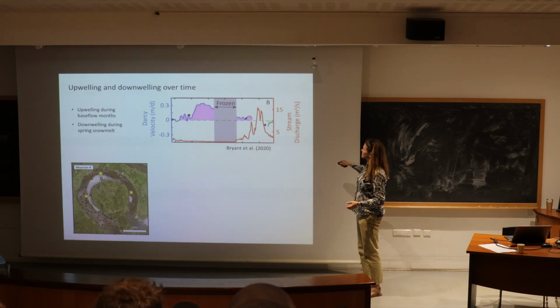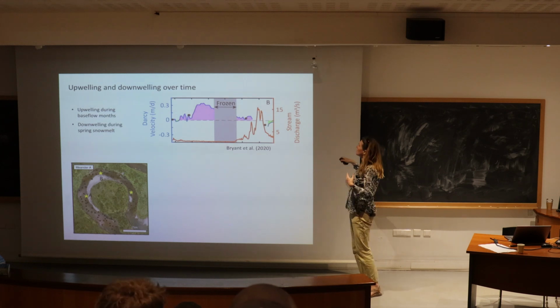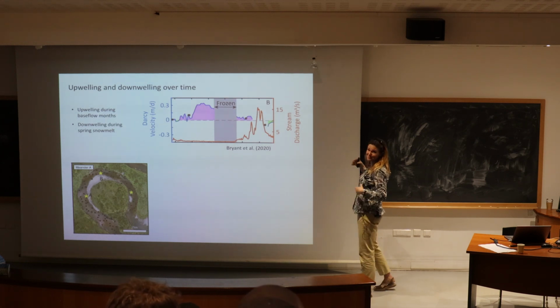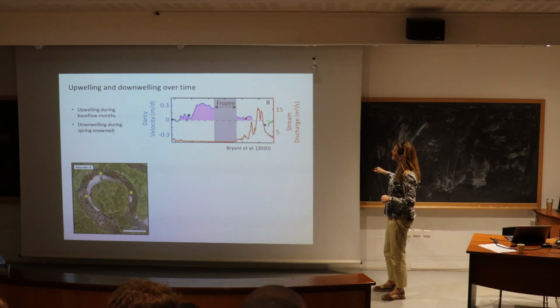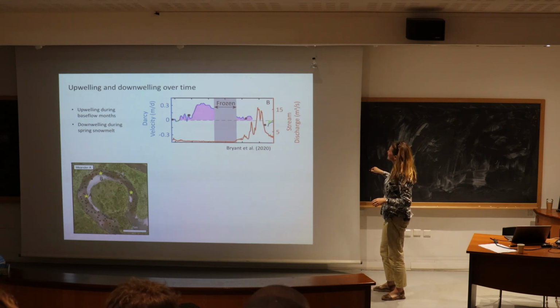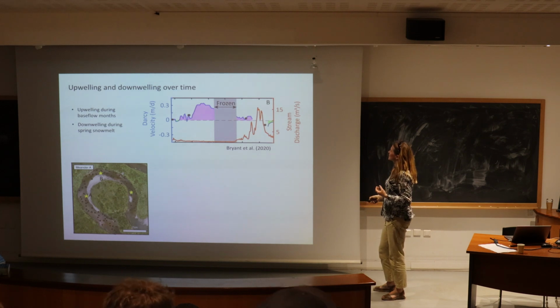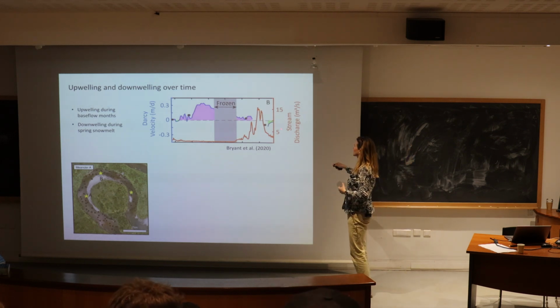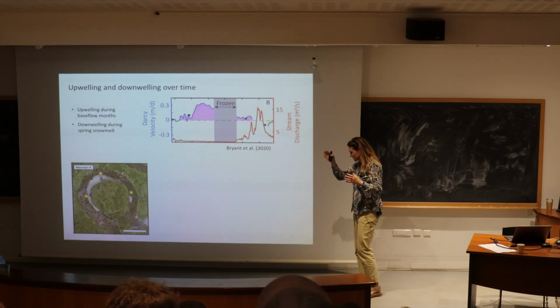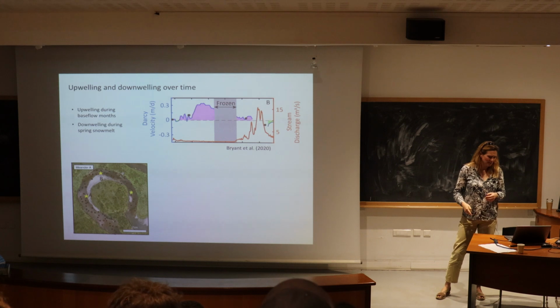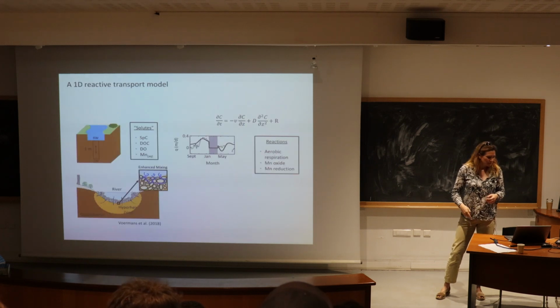But as we get this big snowmelt peak, we actually lose our data because our thermistors are getting ripped around. But then we get them back in, and we see that there is this time where there's this reversal of flow, and we actually get downwelling into the sediment associated with basically this change in river stage and all of the things that are happening in the floodplain as well.